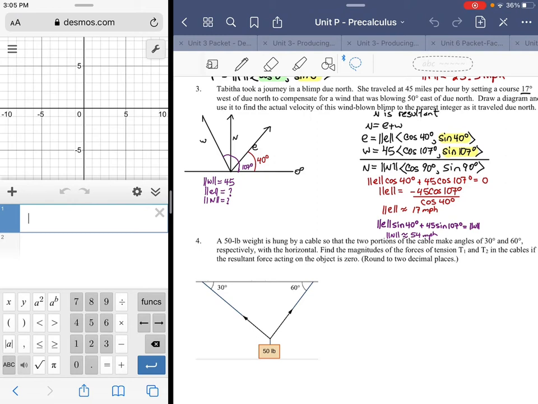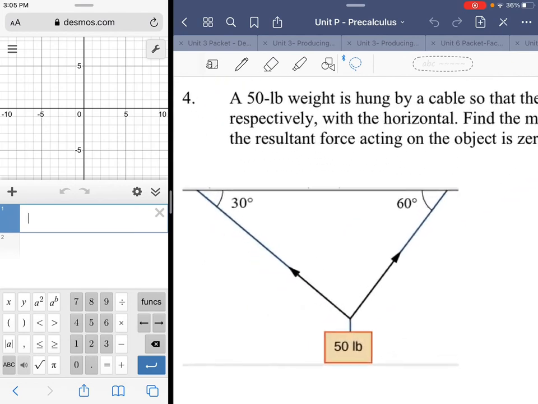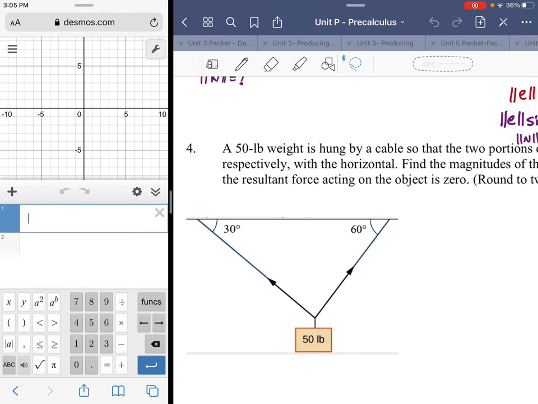So continuing on with page 20 in the Unit P packet, we have number 4. A 50-pound weight is hung by a cable so that the two portions of the cable can make angles of 30 and 60 degrees respectively with the horizontal. Find the magnitudes of the forces of tension T1 and T2 in the cables if the resultant force acting on the object is 0. All right, so there's a lot of stuff going on with this, but we do see